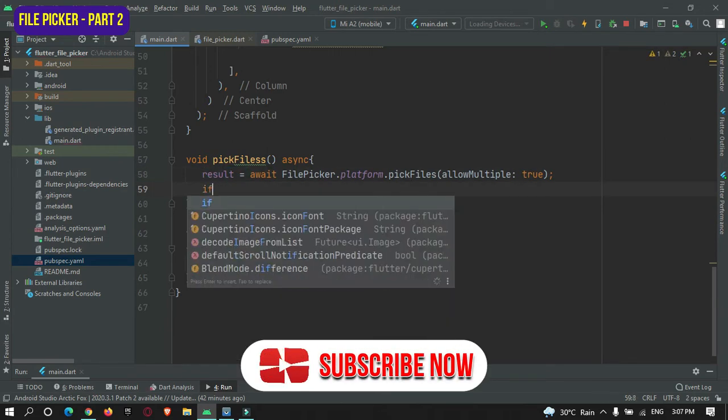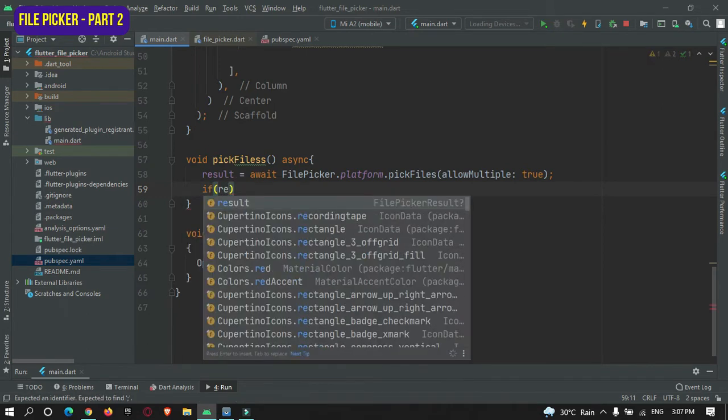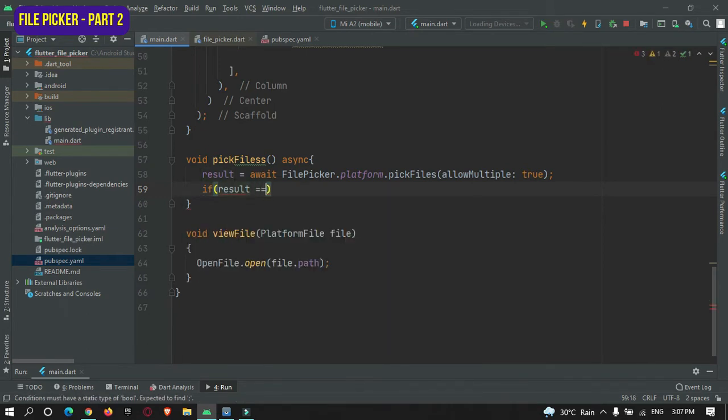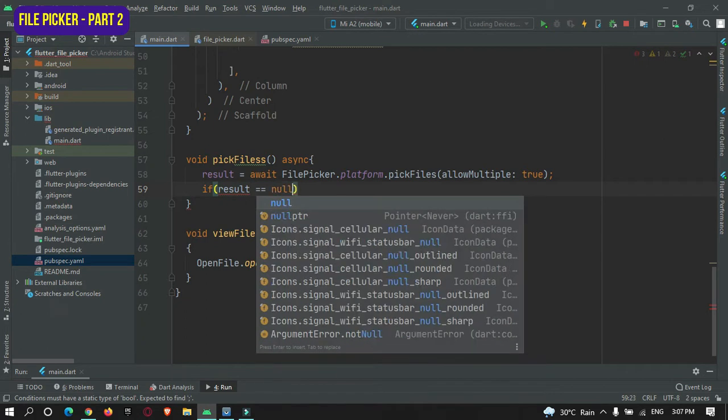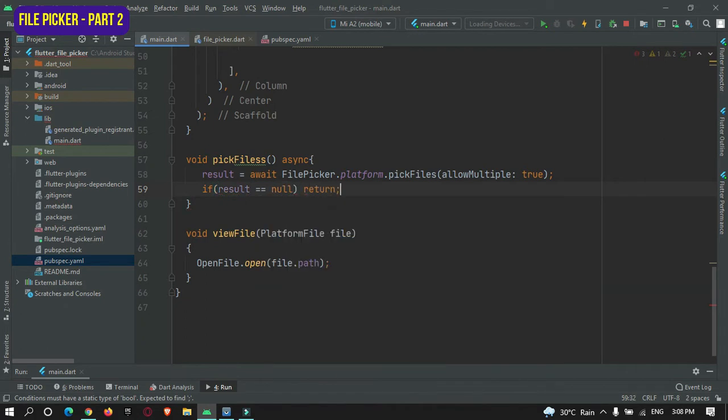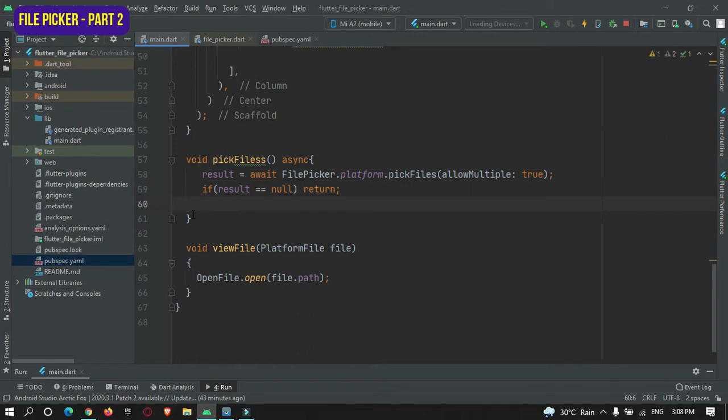Okay, so now here I will add a condition. If result is equal to null, then do nothing, just return from here. If the user does not select anything and comes back from the picker, then this result will be null, and therefore we do not need to do any more tasks in this method.